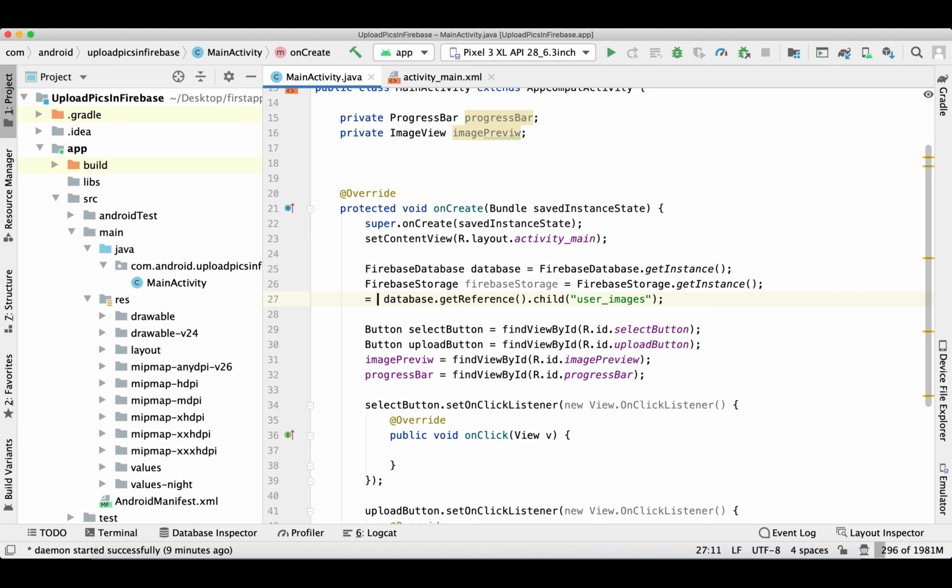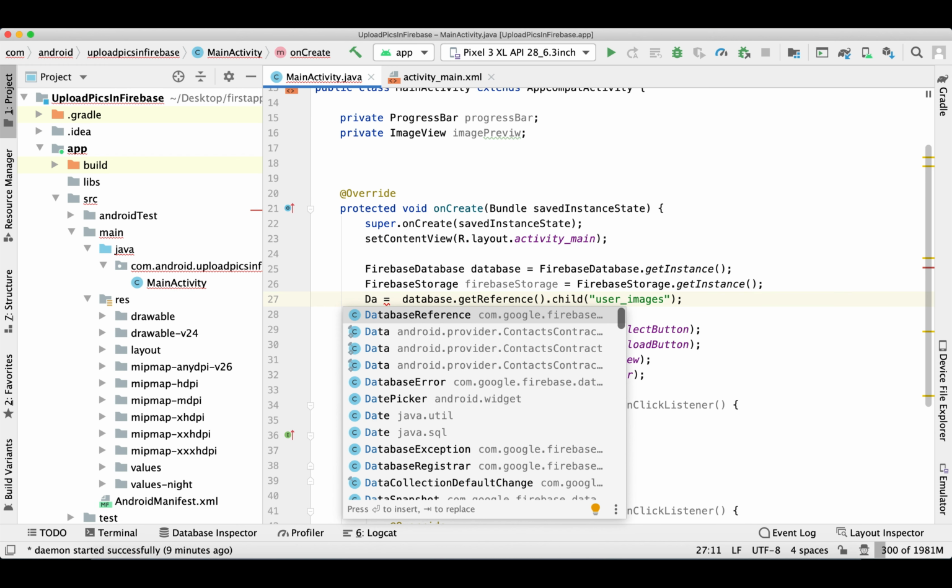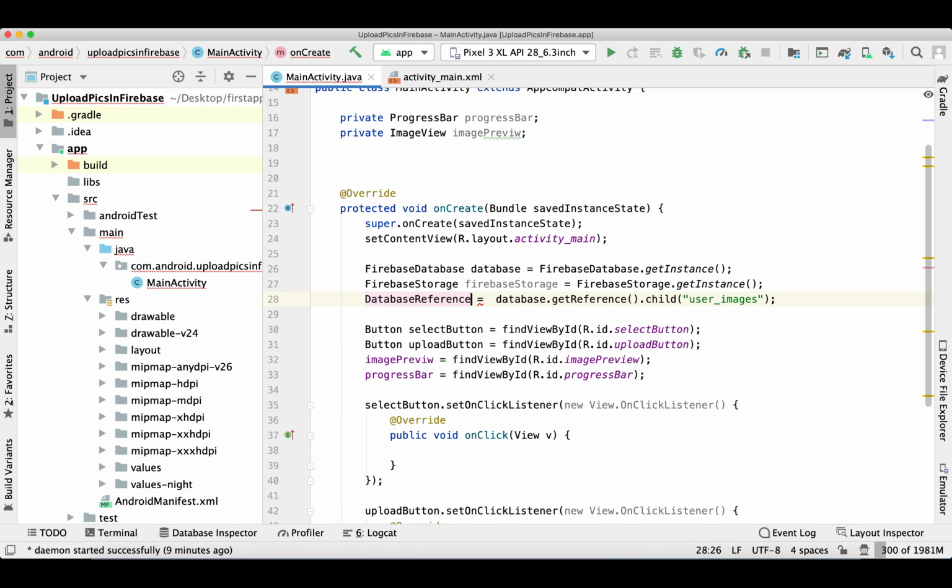And here we need to give the table name in our real-time database. I'm giving it as user underscore images; you can give any name. The real-time database we are going to use just to keep the URLs of the images we are uploading.